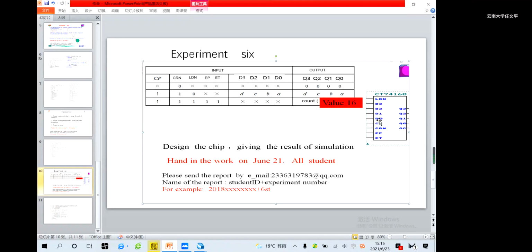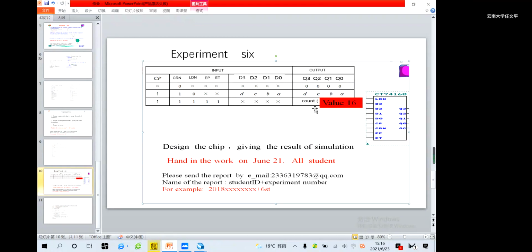D3, D2, D1, D0 are input data. When the signal is low level, the output equals the input data DCBA. The last line describes the counter function: when EP and ET equal 1, the Q3, Q2, Q1, Q0